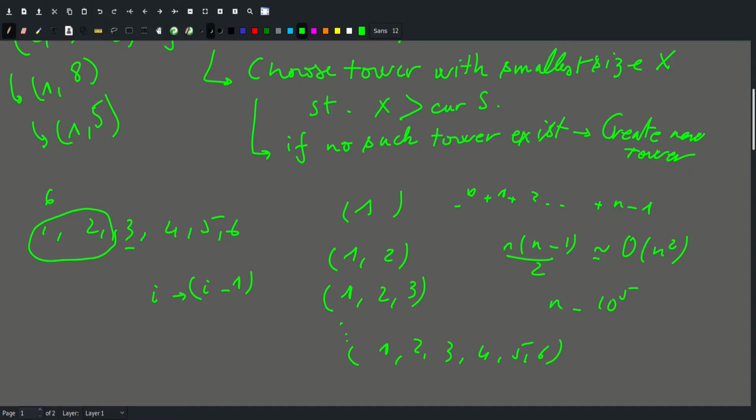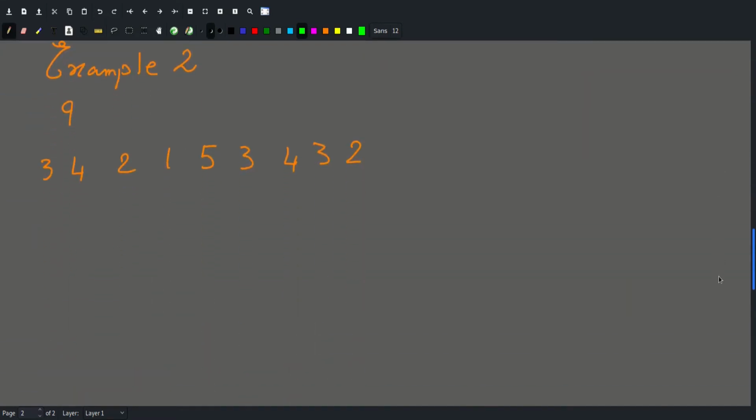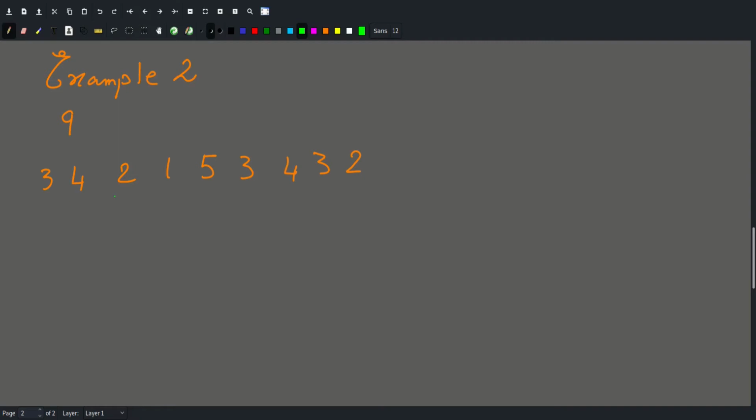But before we do that, let's proceed to the second example. Let's try to solve this example. So as we said here, 3 is our first element, so our only choice is to insert it. Then 4 is our second element, it's larger than 3, so we'd insert it as well. Then for 2, it has 2 choices, and you would pick the smallest one closest to it, so it would be 3. We'd put a 2 here, then comes 1, so we'd put it here,